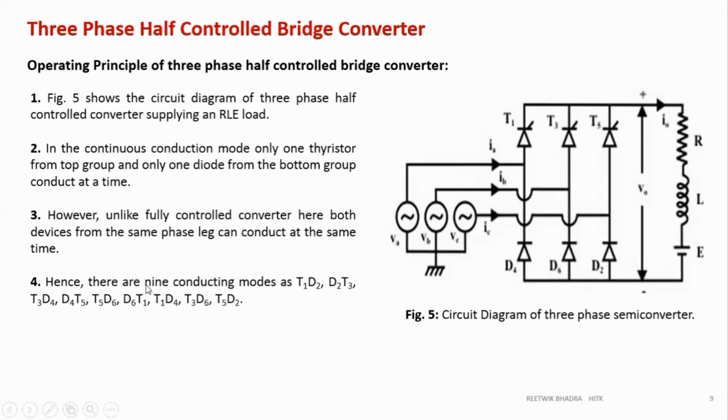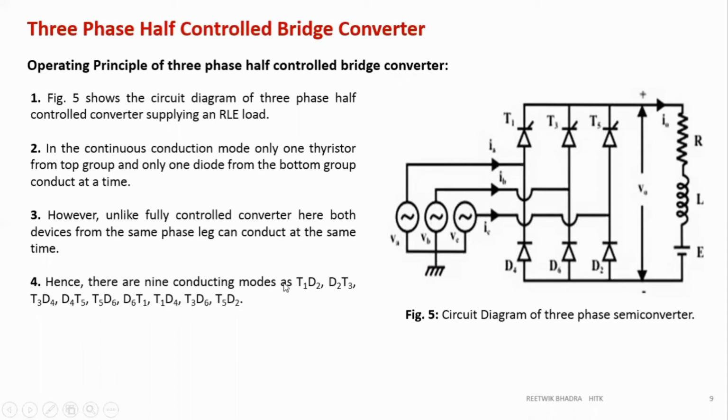That's the difference. Another difference over here is that previously we had seen that two switches of the same leg couldn't conduct at the same time. So T1, D4 couldn't conduct at the same time. But over here, we can have conduction of T1, D4 at the same time because there is a freewheeling action. The load has to discharge. If the other switches are off, where is it to be discharged? It has to discharge through T1, D4. So this pair will act as a freewheeling path. T3, D6 will act as a freewheeling path once, then another path will be T5, D2.